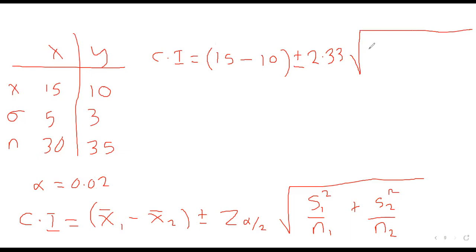First standard deviation is 5, squared, over the sample size of 30, plus the second standard deviation 3 over the sample size of 35. Good. So here, the difference is 5, plus or minus 2.33